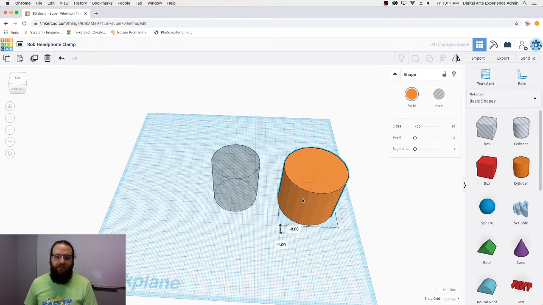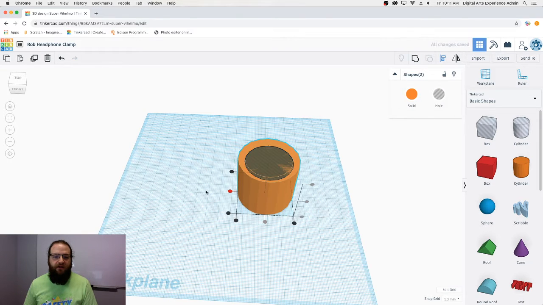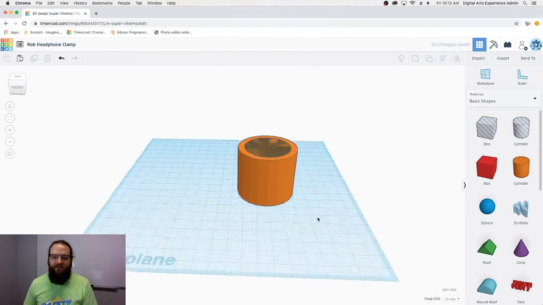And basically what we need to do now is cut the hole out of this cylinder. So we're going to align them using our alignment tool. Oops, I do that sometimes. All right, so these are all aligned. If I group this together,